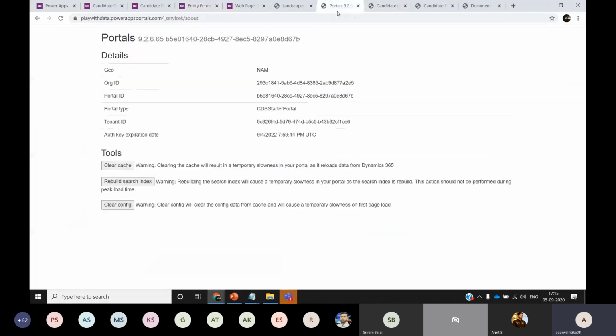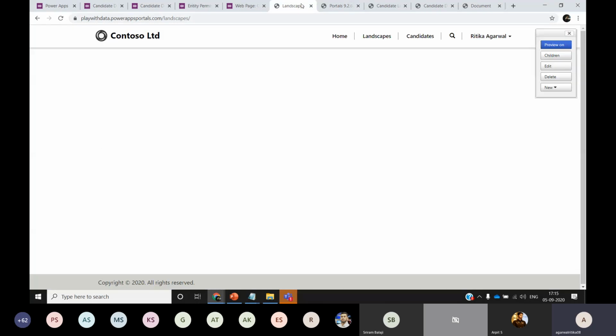That's done. Again, I'm coming here to clear the cache. Once it's done, I'll refresh this page. So now it should get me all the records which are there in the landscape entity along with the pictures and the design we have selected.